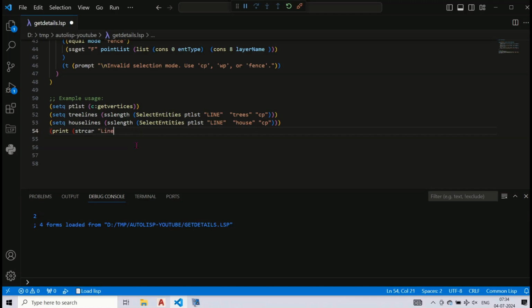The variable treeLines now contains the number of lines on the trees layer, and the variable houseLines contains the number of lines on the house layer. We are then printing both the counts separately.